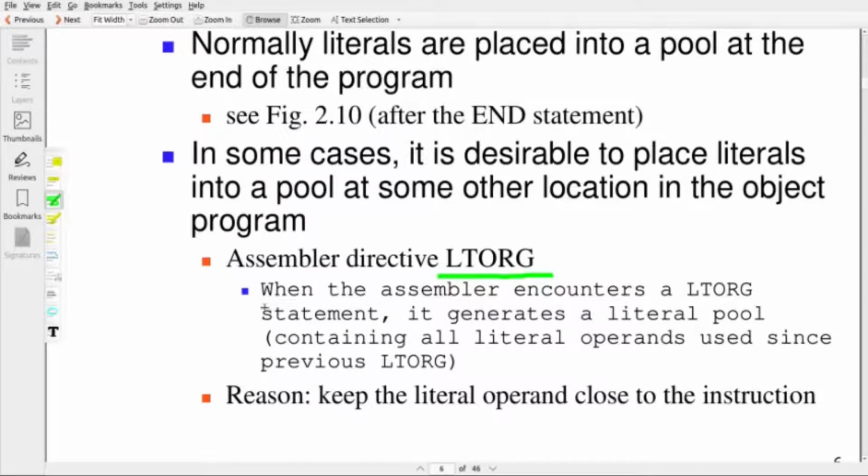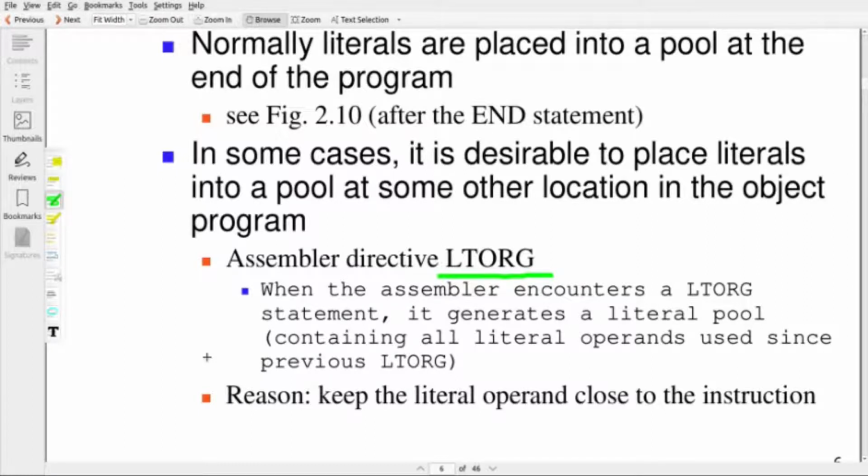When the assembler encounters an LTORG statement, it generates a literal pool containing all the literal operands used since the previous literal pool. So whenever an assembler encounters an LTORG, after LTORG it will create a literal pool.